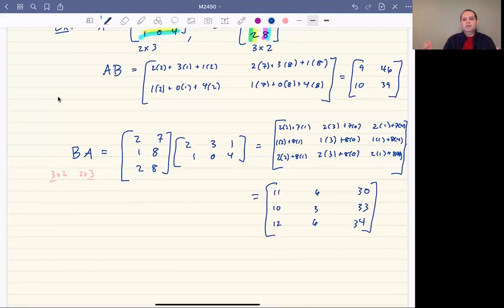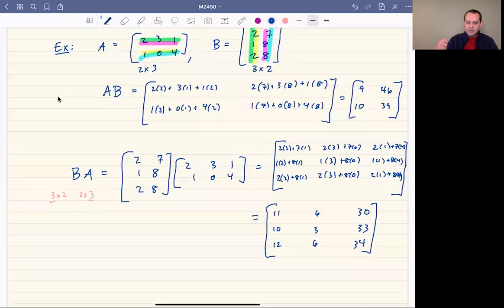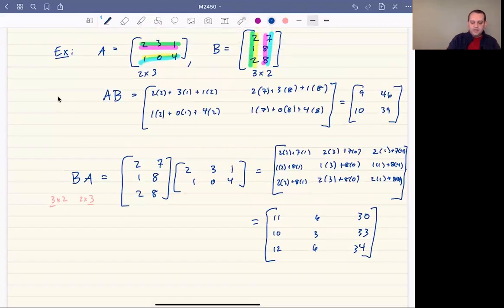That's how matrix multiplication works. I want to just hammer home one idea here. Notice that A times B and B times A are not only not equal as matrices, they're not even the same size. A times B is a 2 by 2 matrix. B times A is a 3 by 3 matrix. So it's really the case that A times B and B times A are not equal. Okay, they're not even necessarily going to be the same size. So we have to be really careful about the order that we multiply matrices in. And that is an overview of